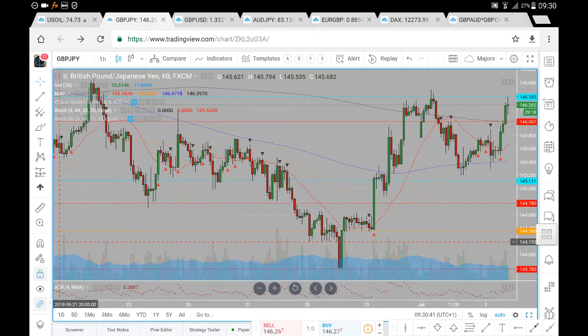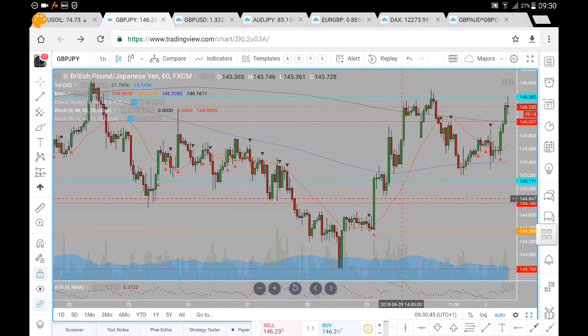So this is a pound yen analysis for Tuesday, 3rd of July. Now let's just have a look at our prices and where prices may likely go. So previously we've had price come up towards this 146.38, from which we encountered resistance, breaking us beyond the 146